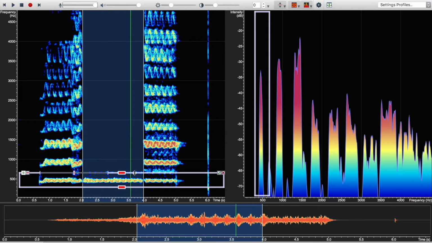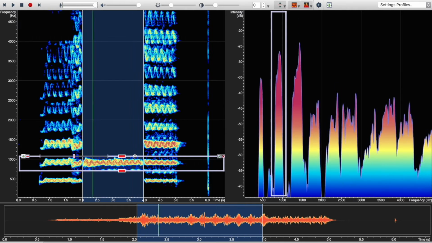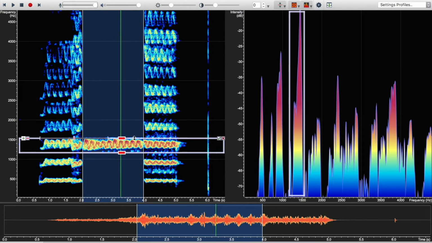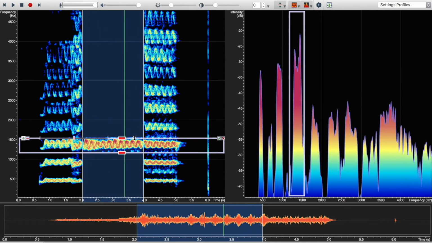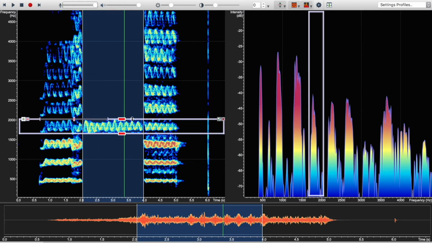It might be a little hard to hear. Let's do the second harmonic. Here's the third, which is clearly the loudest one, as you can see over here, in the spectrum,